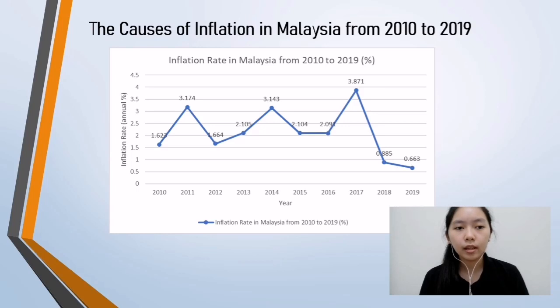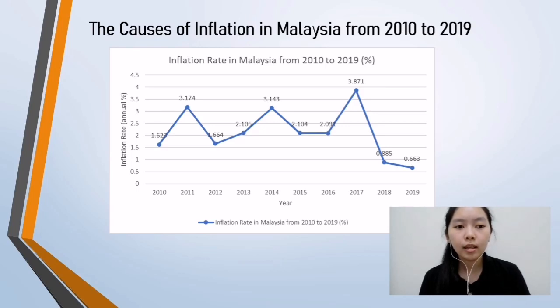For 2018, Malaysia experienced an inflation rate below 1% for the first time, which is 0.9%. The main reason for this situation is the implementation of the zero-rated GST price control scheme and also the discounted price during the festivity. Therefore, the price of goods and services will decline and the inflation rate will fall significantly.